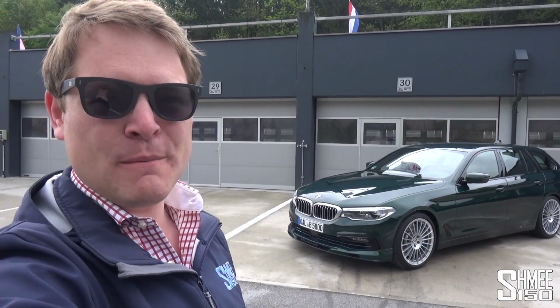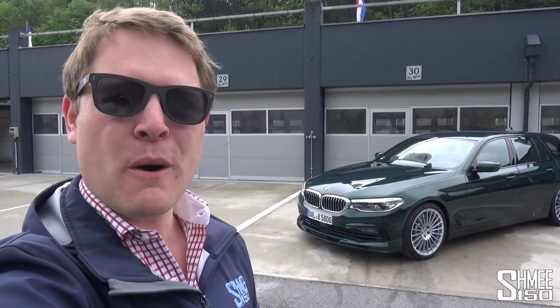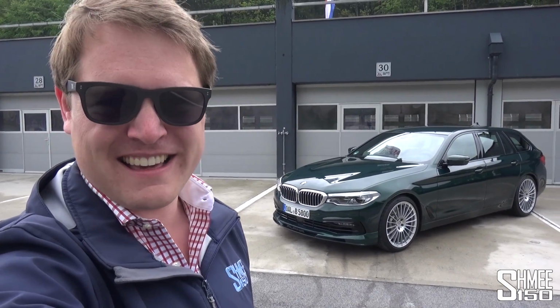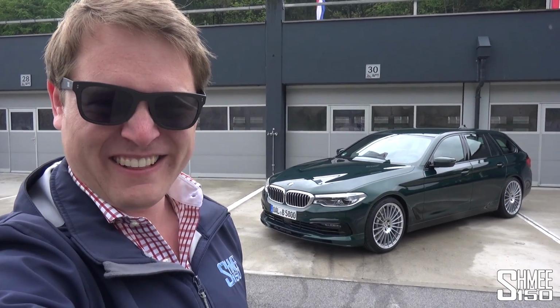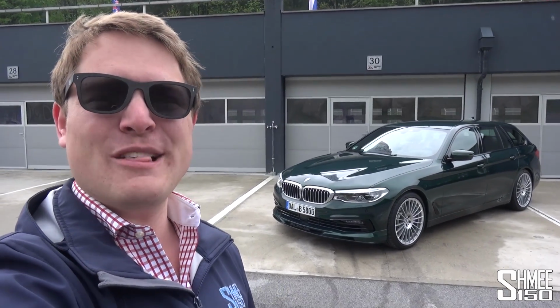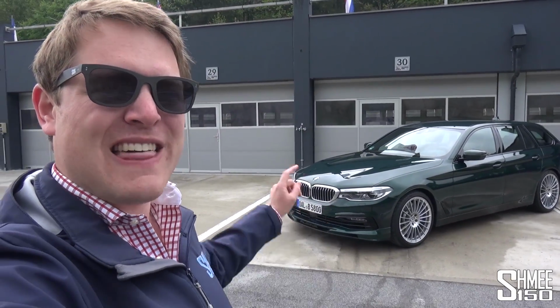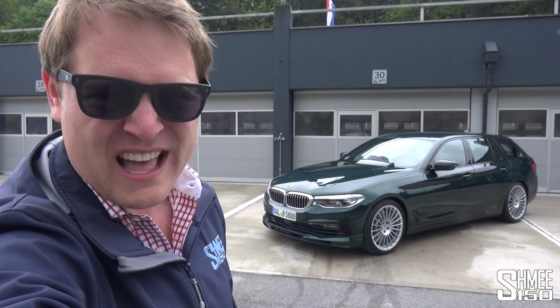This is the BMW Alpina B5 Biturbo Touring, and this is the fastest estate car in the world. The top speed is 322 kilometers per hour. Now, I might not be quite driving it that quickly today here in Austria, but I'm going to show you